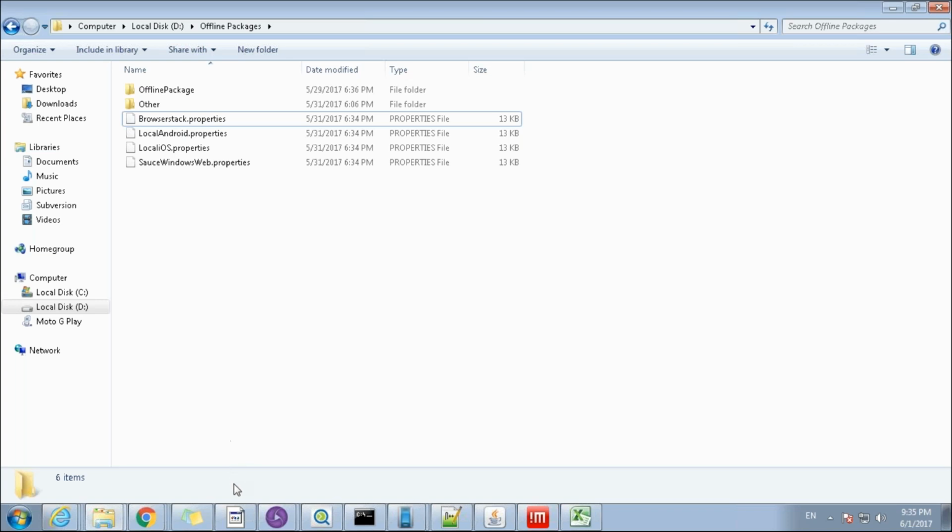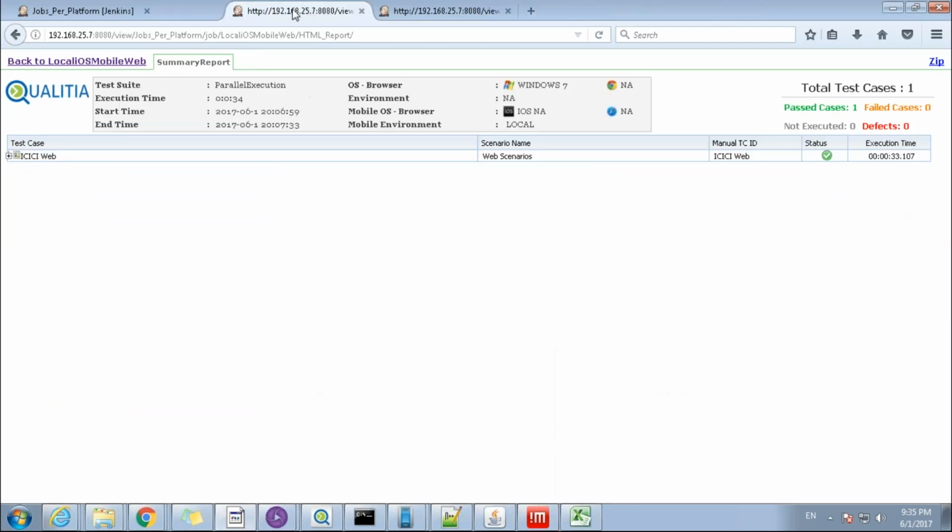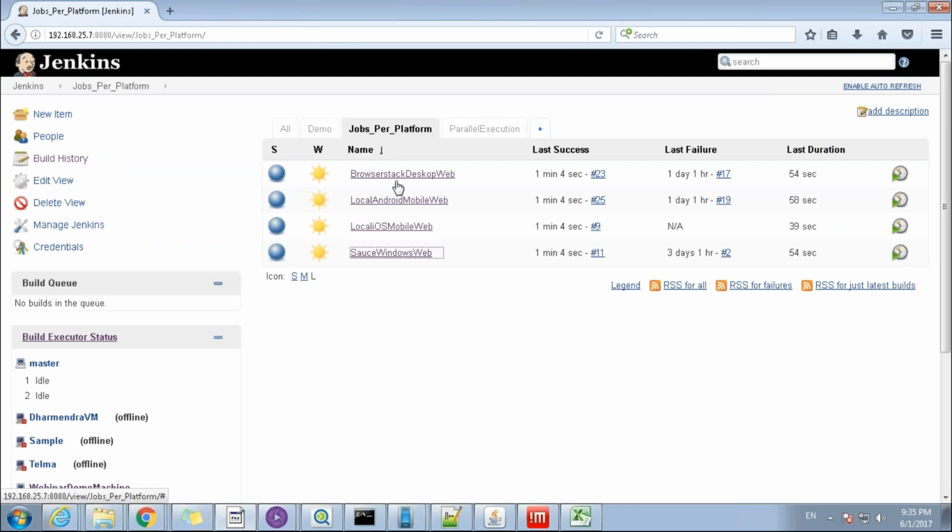For this demonstration, we have chosen Jenkins, and we have configured 4 builds in Jenkins in order to execute the same offline package and same test case using 4 different configuration files.